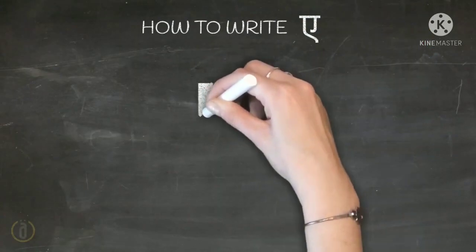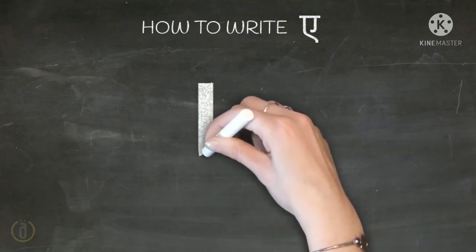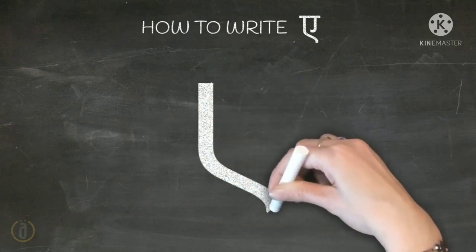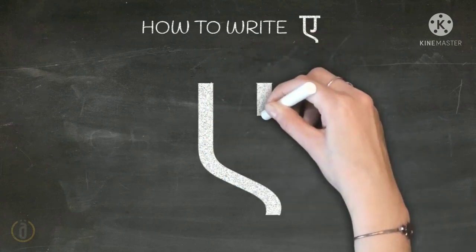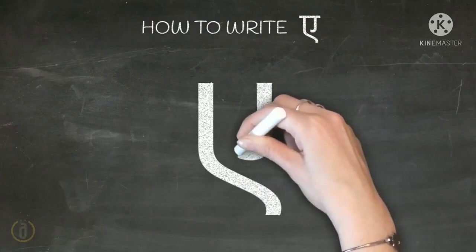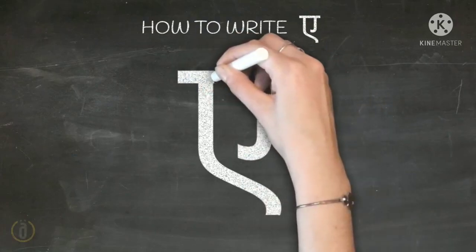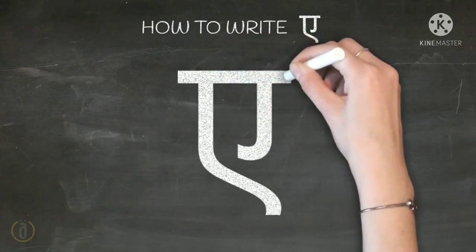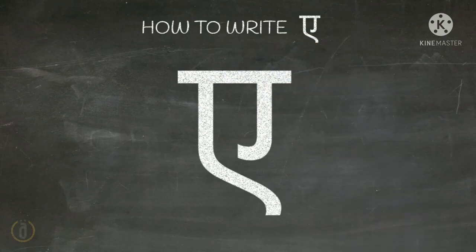Draw one standing line and bend it with a small slanting line. And then you draw the alphabet J. And next you join these two with a sleeping line. This is E. Next,